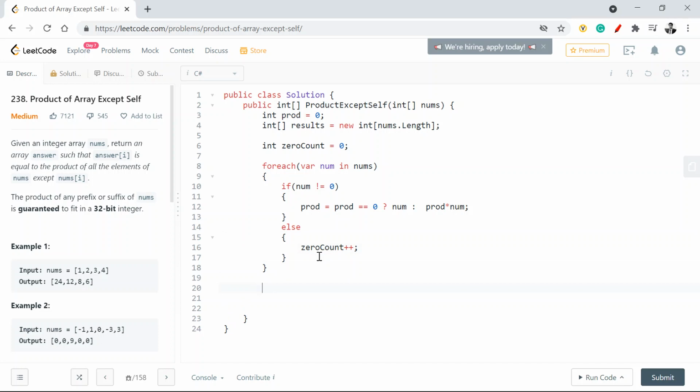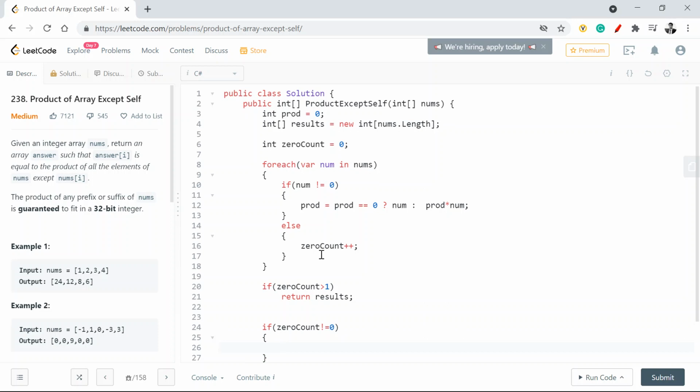One thing we know of, if there's more than one zero, I'll have to simply return a default array, because everything in that particular array is zero. So if zero count is greater than one, I'll return results, which right now is having a default value. Now, if my zero count is equal to 0, that means I don't have any zeros in the array, right?